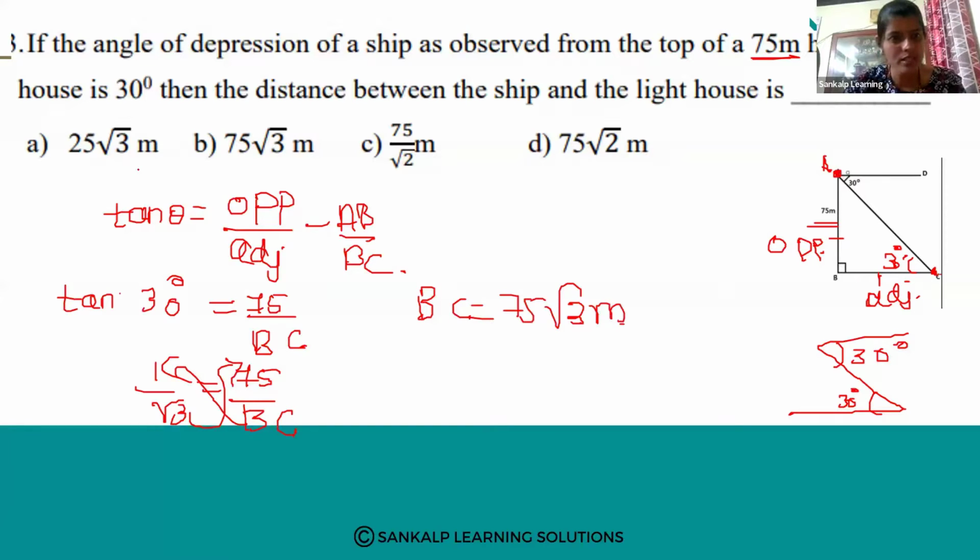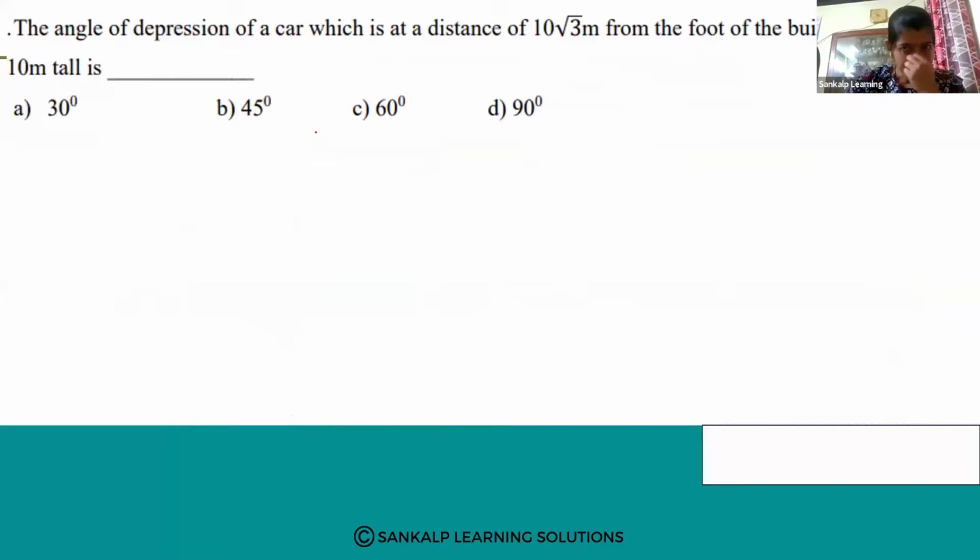So is it there in the option? Check. This is 25 root 3 meter, 75 root 3 meter. Yes, 75 root 3 meter. This is the correct option. Next, the angle of depression of a car,